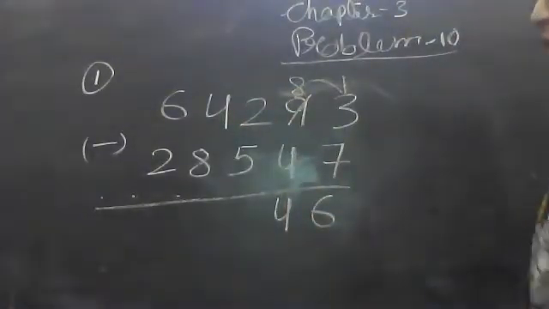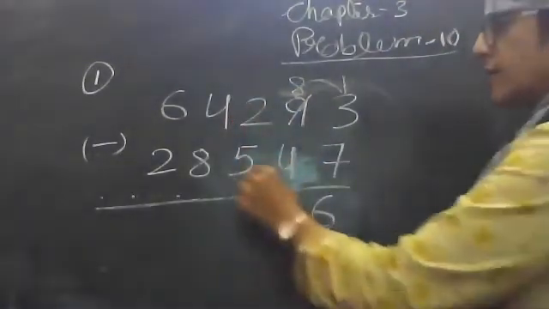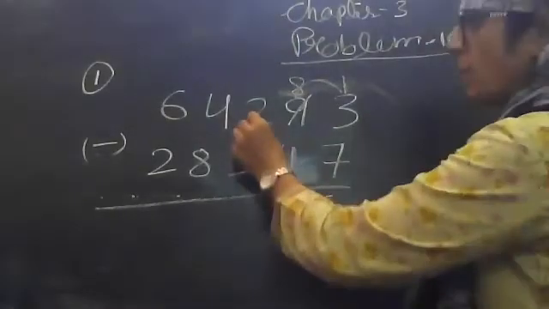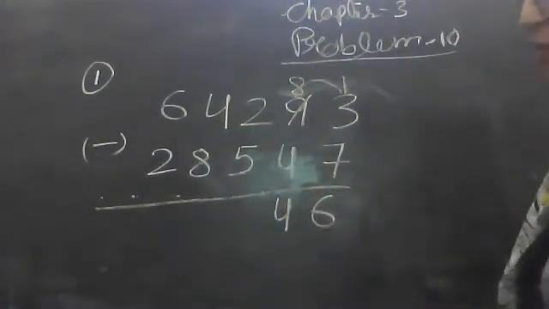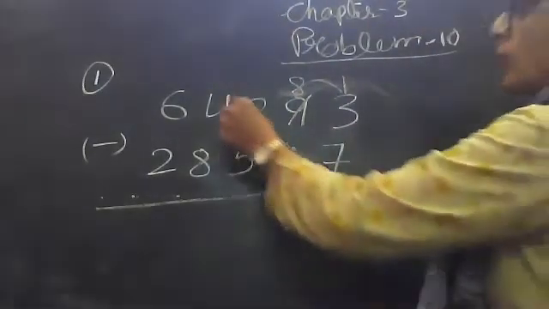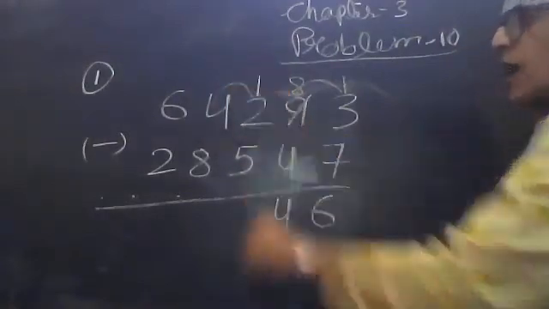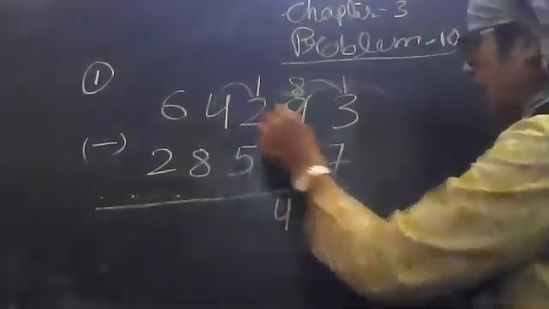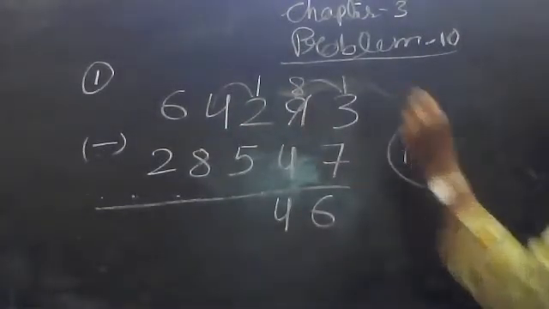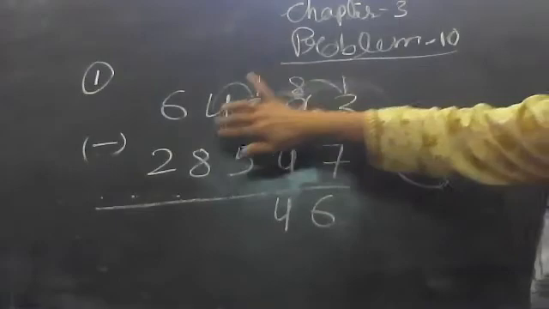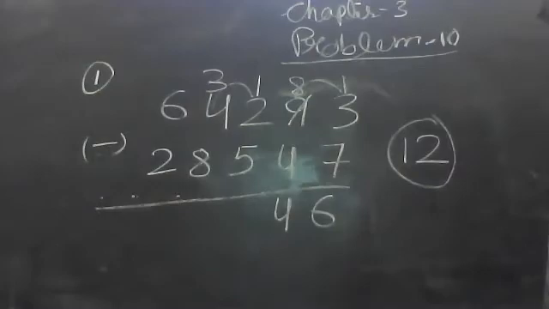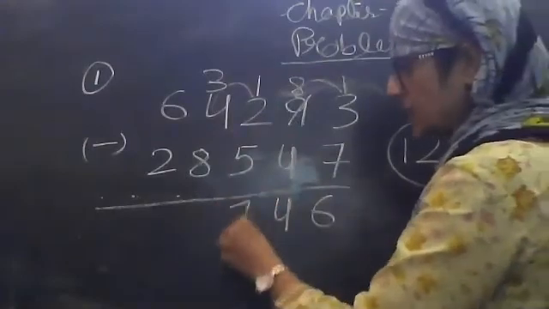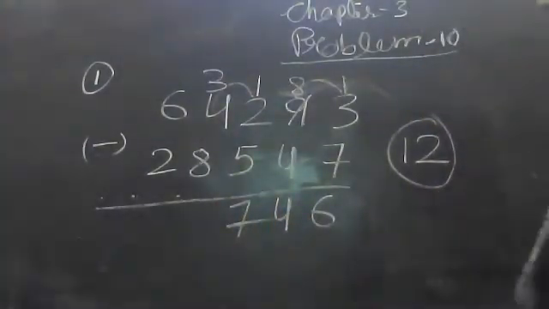Now here again the number 2 is smaller than number 5. ओके, 2 नंबर स्मॉल है एंड 5 नंबर बिग है, तो ये सब्सट्रैक्ट होगा क्या, नहीं होगा। अगेन आपको बोरो करना है, इससे बोरो किया तो यहाँ एक बढ़ जाता है, 1 and 2 सेम, यू हैव टू राइट हियर 12। और यहाँ 1 चला गया तो यहाँ हो जाता है 3। अंडरस्टूड। अब ये 12 माइनस 5, 7। ओके।